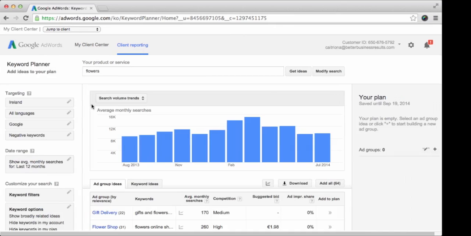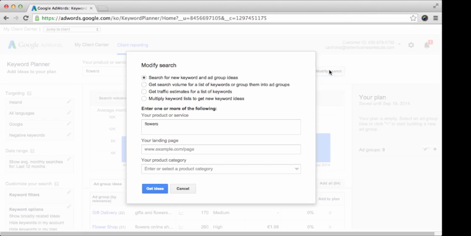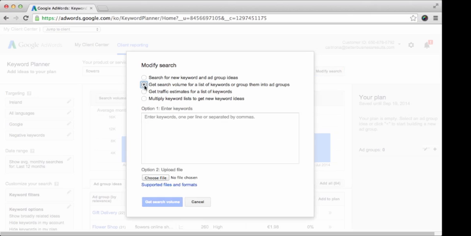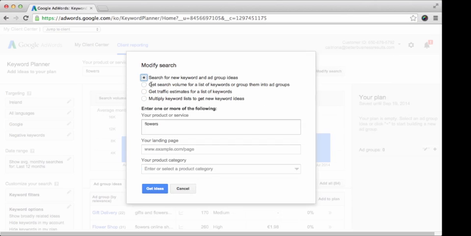Okay, so that's going to take you to the main interface, so let's do a little tour. It's not the most intuitive. So anyway, I'm just going to show you. Up the top you've got your product or service, so that's what we entered in, the keyword flowers. You can change this at any time and then just click Get Ideas, and that's going to change your search. You can also modify your search, which sort of brings you back to the start, to the page we were on. So you can choose a different one of the four options